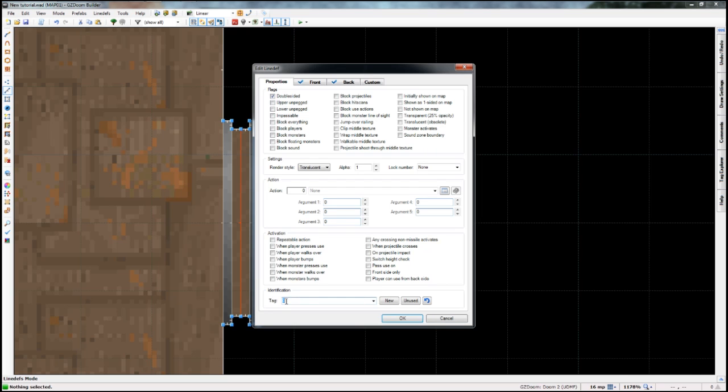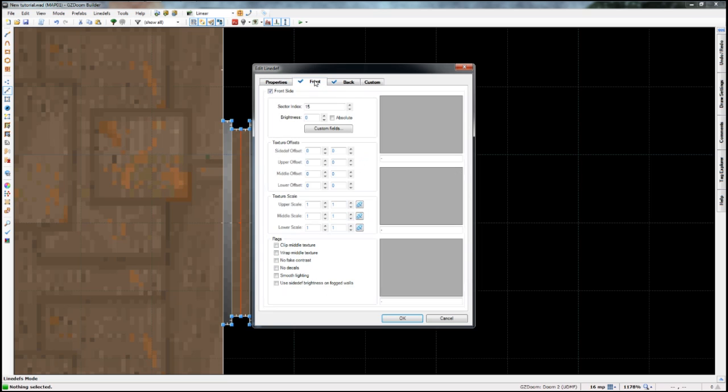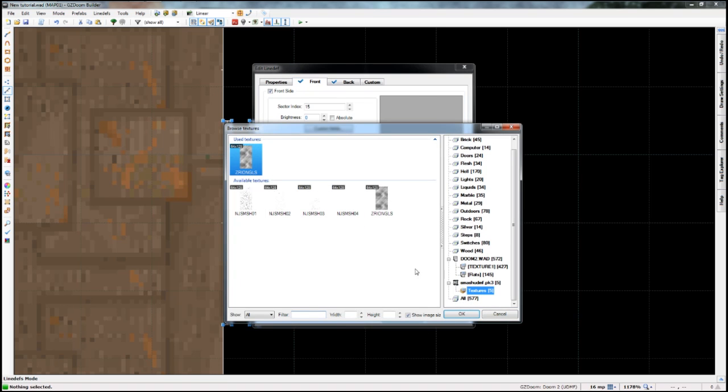It needs a tag of 101. Again, block everything, and on projectile impact, double-sided. It should be automatically, but if it's not, we will also need from texture